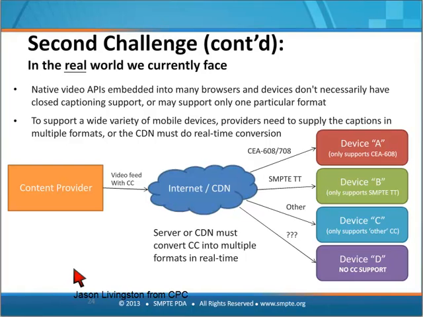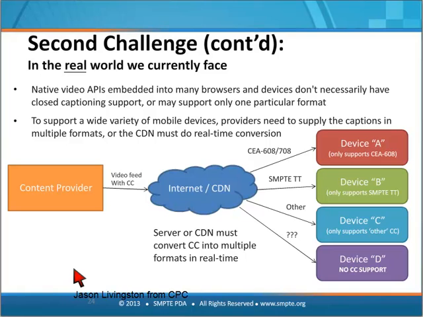Next question from David. Would it not be better to require that the web video player have the closed caption controls rather than the device? That is a very interesting question. I like that question. It's complicated. In theory, yes.